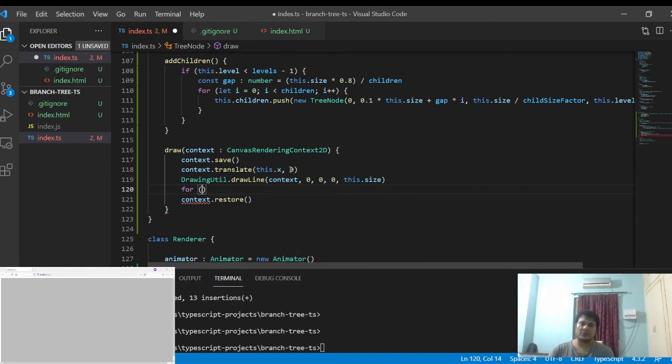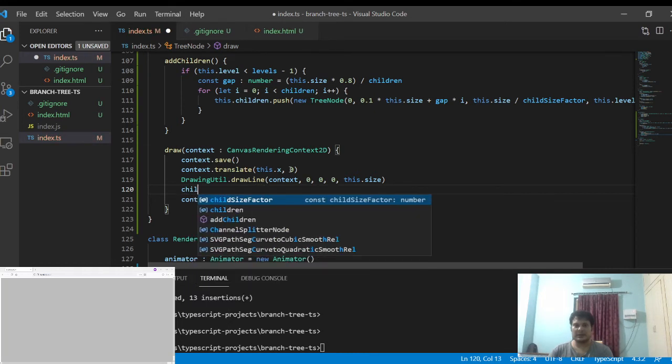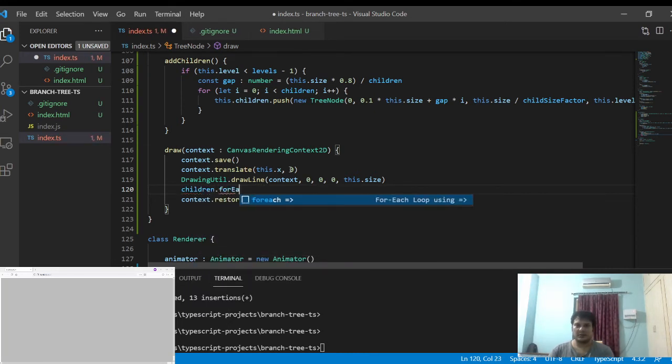What we are going to do is look over the children. So say children, for each, or let's have a for loop: let j equal to 0, j less than children length, j plus plus.